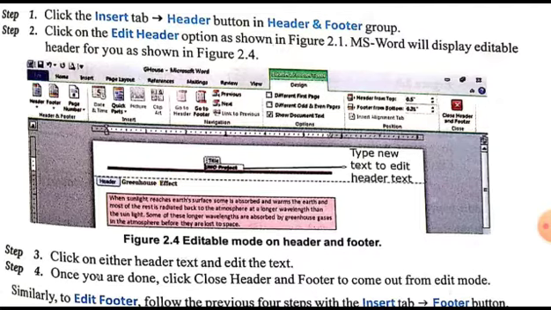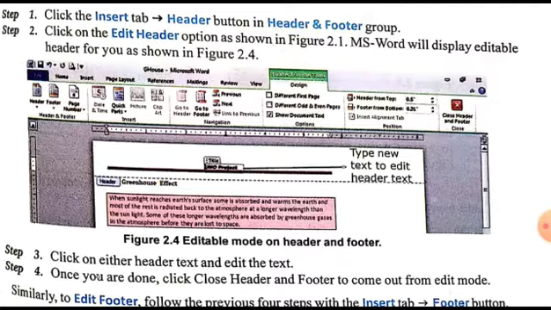Now, this IMO project is the old title of your header. We are going to change this title of the header and type new text to edit the header text. We are going to edit the header text which we had previously typed while adding the header. We had typed IMO project here. So now we are going to edit this IMO project and type some new text.